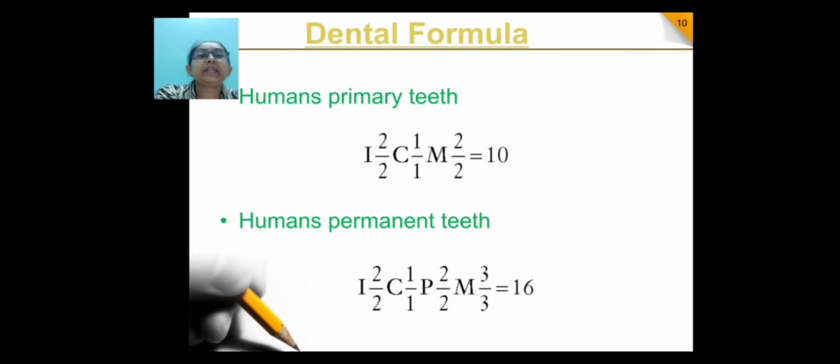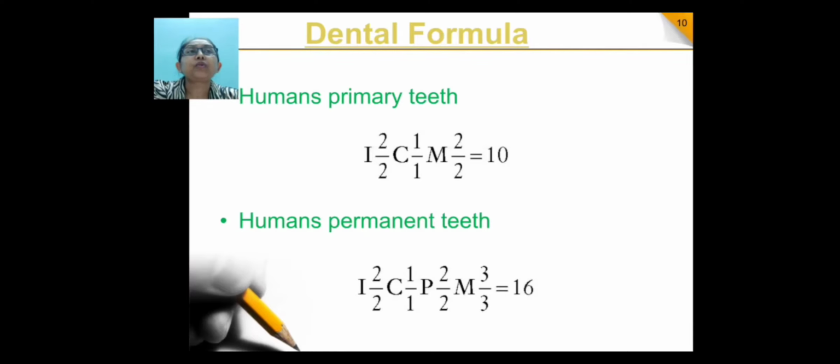In this case, they have considered the first letter of the teeth, like for example, for incisor it is I, for canine it is C, for molar it is M, and there is a horizontal line drawn, above which we have the maxilla and below which are the mandibular teeth. These are indicating the number of teeth present. So we have incisors, 2 teeth in the maxilla and 2 in the mandibular. This formula, if you add up, is 10. So this is for one side.